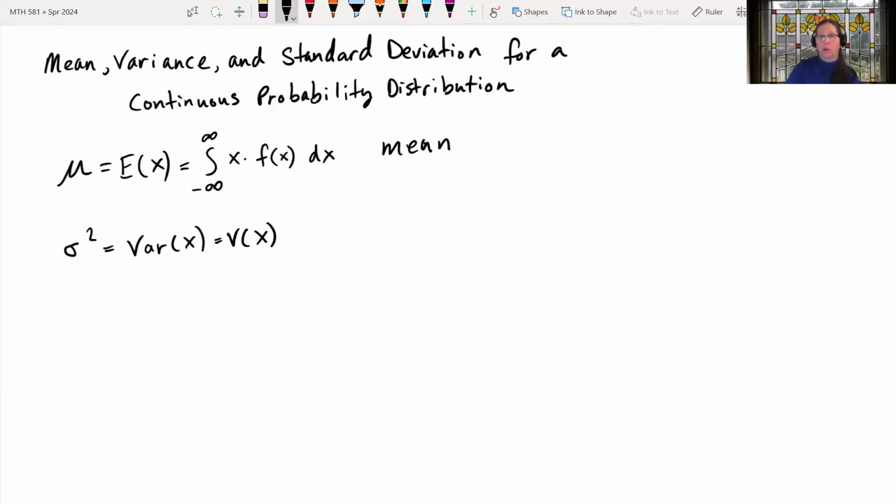And there's actually more than one formula for it. If you're looking at the longer formula, it would be the integral from negative infinity to infinity of x minus mu, squared, times your PDF f of x dx. That's a little bit harder to calculate sometimes. And so what we do instead is we look at it algebraically. It's equivalent to this, but we look at